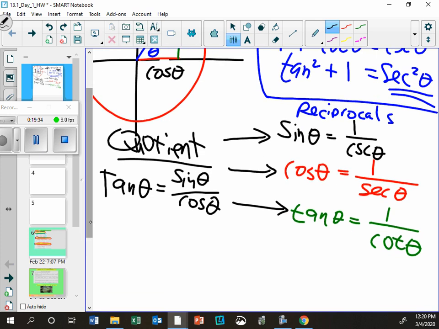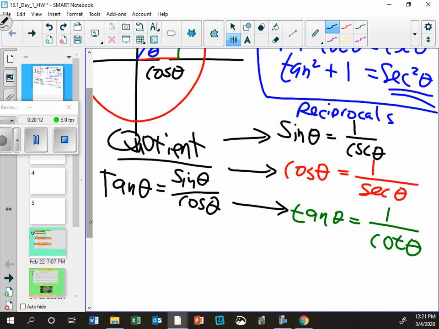Okay, now what you just made is a proof. What you said is right, but it's not something that we would memorize as a quotient. What you made is a proof, and I'll show you. We're going to do proofs in a minute. What do you say? Can you say that one more time? Okay. Interesting rearrangement of the first one, but it doesn't bring in any new information. I get what you're saying. You rearranged this one, and you did it right. Cosine would be sine over tangent, but we don't use that one because it's just rearranging the same one.